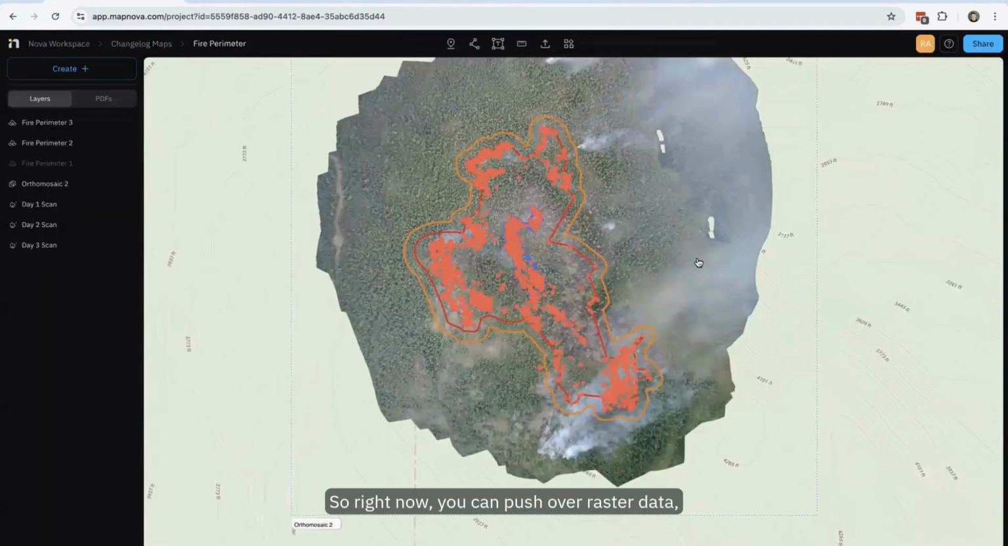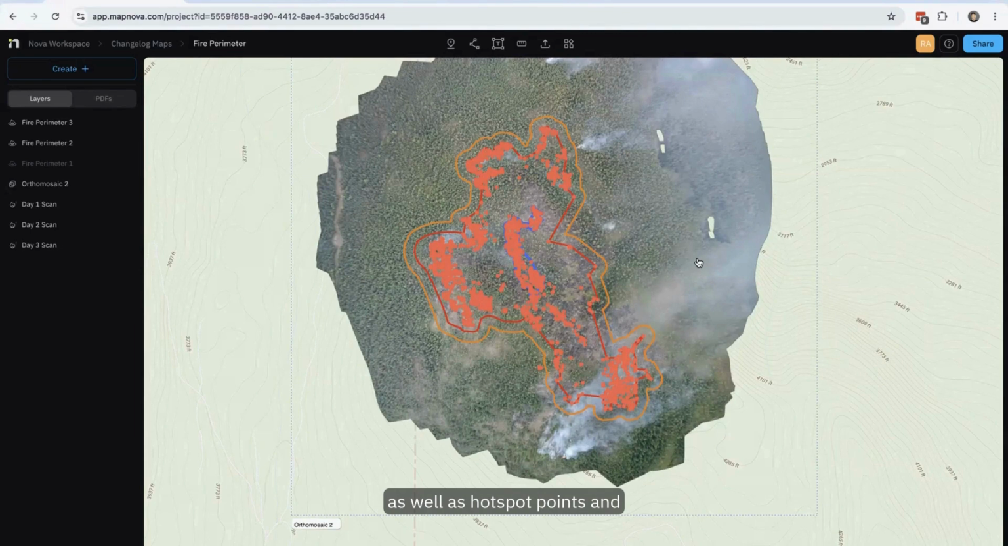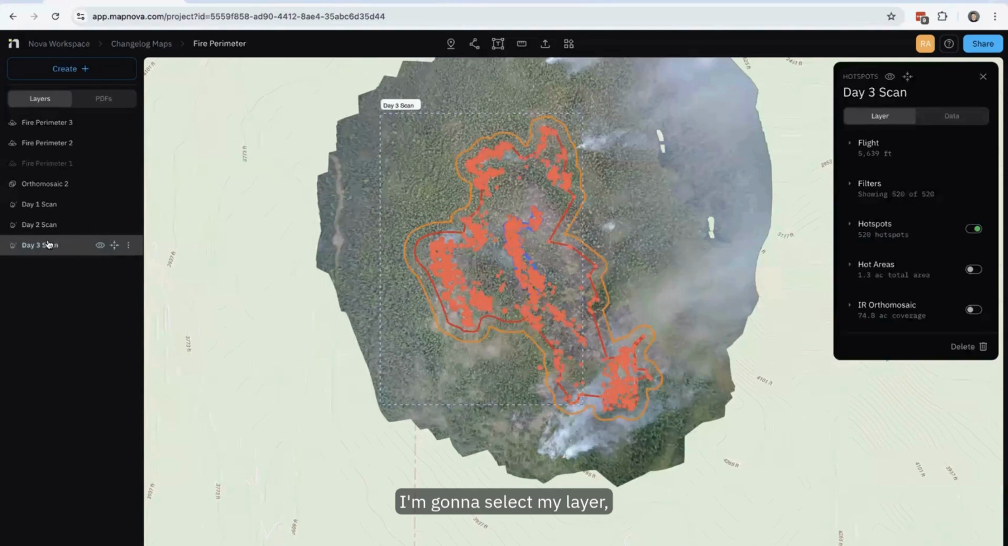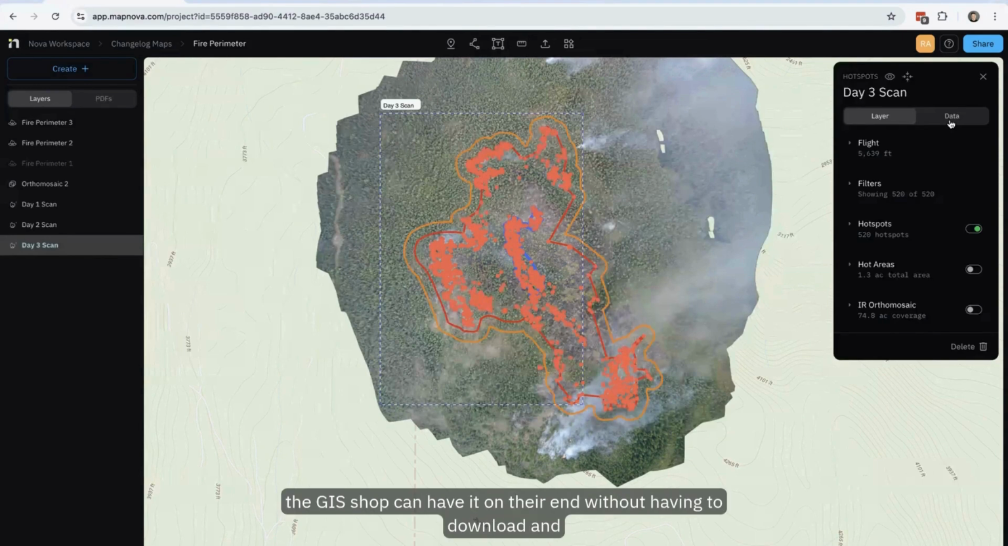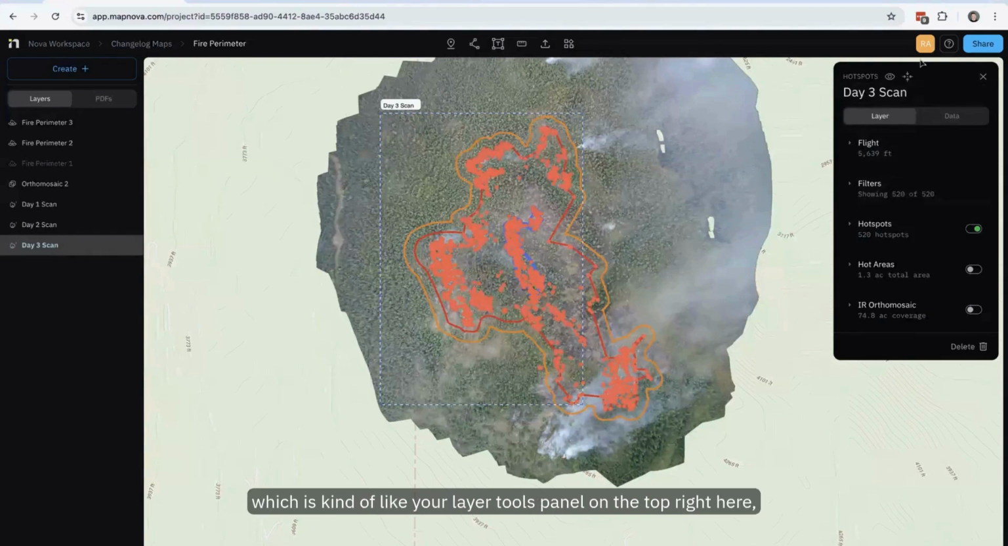So right now, you can push over raster data, so our infrared and our visible ortho, as well as hotspot points and fire perimeters. I'm going to select my layer, and I'm ready to push this to our ArcGIS Online environment so Instant Command can have this, and the GIS shop can have it on their end without having to download and upload. From our inspector panel, which is like your layer tools panel on the top right here,